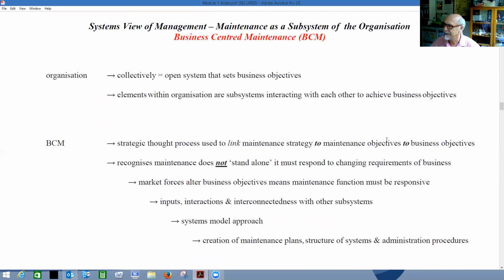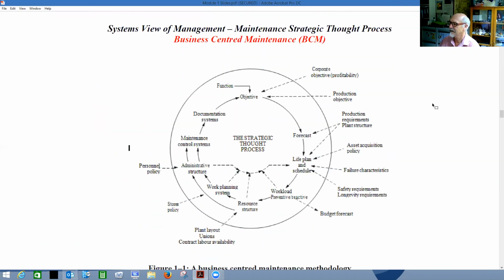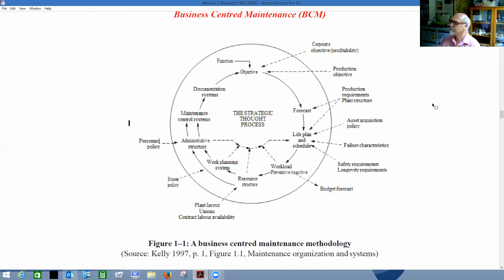Inputs, interactions, and interconnectedness within other subsystems, then you come up with this systems approach, the engineering systems approach. Creation of maintenance plans, structure of systems and administration procedures, documentation, that type of thing. So business management is a holistic approach. So you look at the strategic thought processes that you've got to take into account,